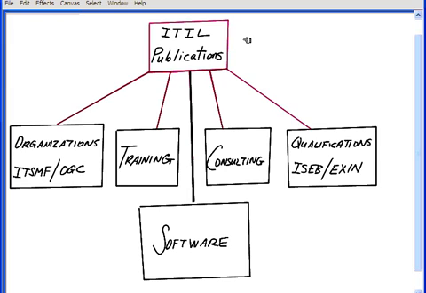Here's a nice diagram that shows the ITIL publications, the 5 publications of version 3, at the heart or the core of this entire infrastructure. Now, spawning from these publications, you have organizations. Organizations like the ITSMF, which is the IT Service Management Forum, an independent, internationally recognized forum for IT service management